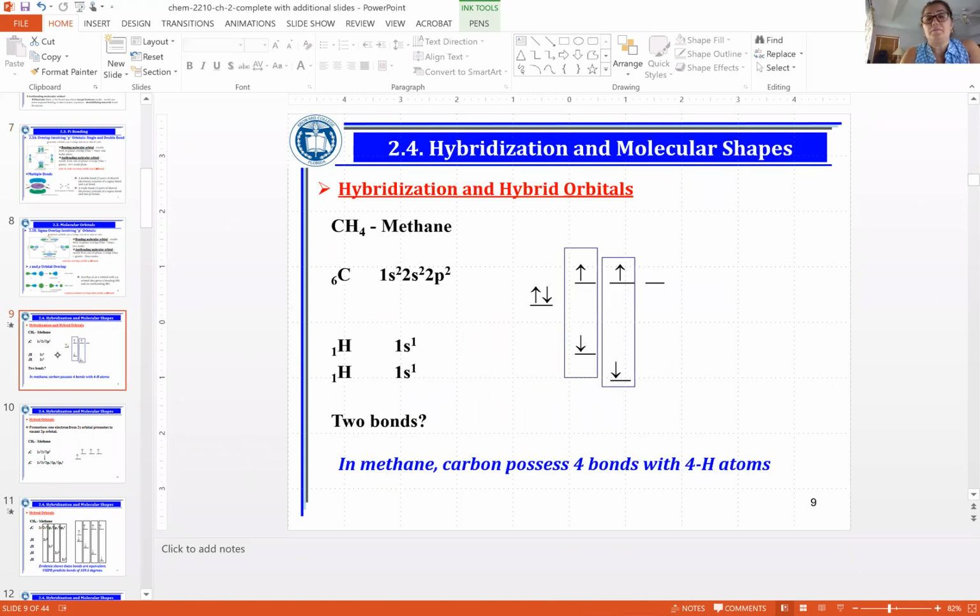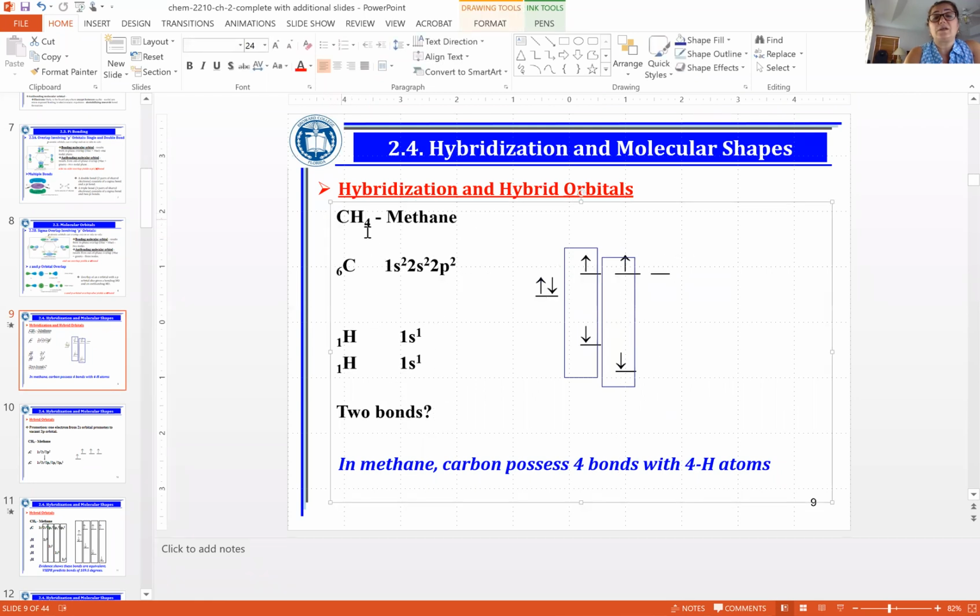Hybridization is a theory used to determine the bond angle for organic compounds. It also helps with the shape of the molecule. A perfect example of hybridization is CH4. Before learning about hybridization,